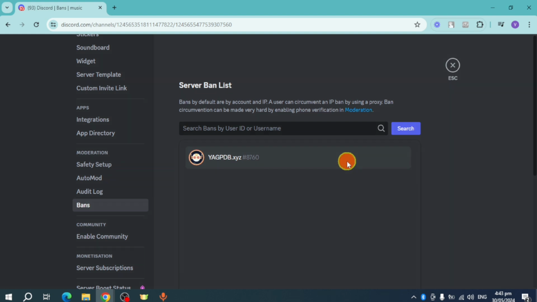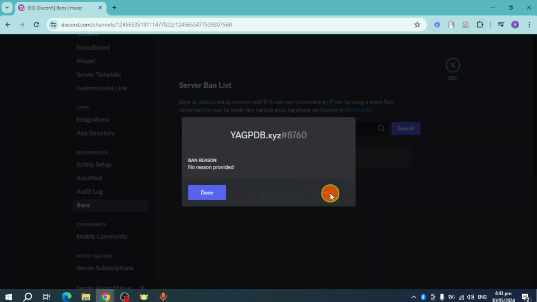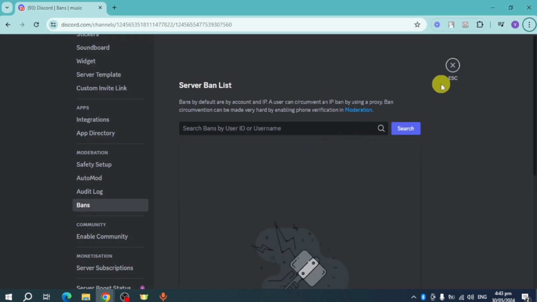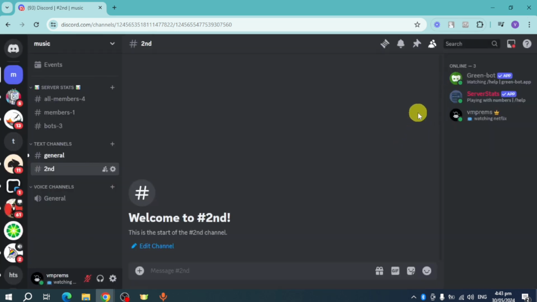So what you can do is head over and click on them. Click on this revoke ban. As you can see, the ban on them has been removed, so you can exit that and they should be able to rejoin your server again. So that's the whole